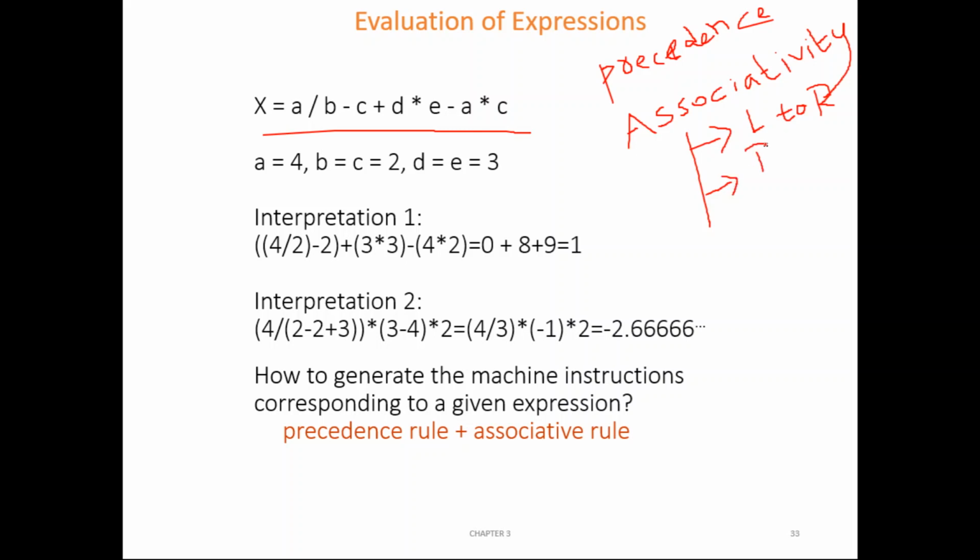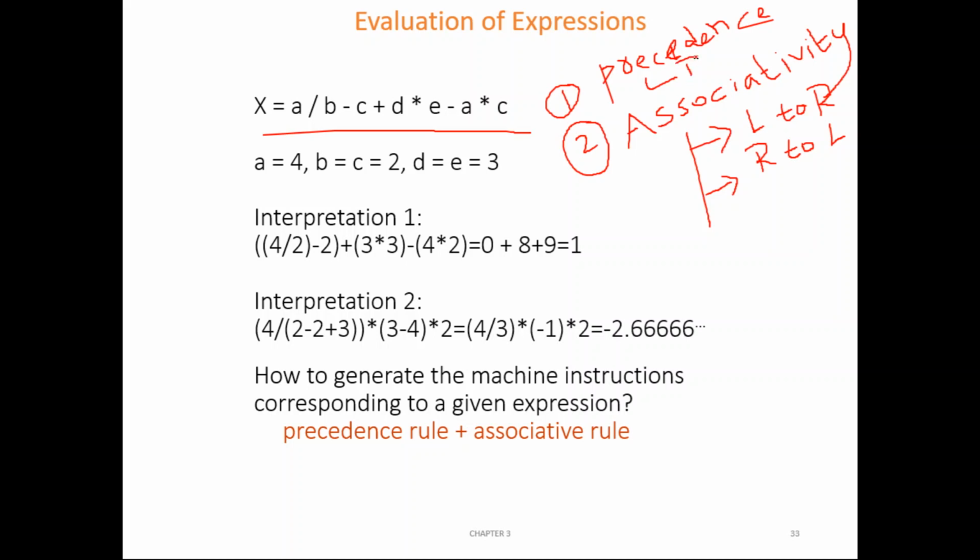This right to left is a rare thing, but for some of the operators the compiler may execute it from right to left. So when an instruction is getting executed, these two things are important: precedence is nothing but priority, and associativity is nothing but how it should be executed.